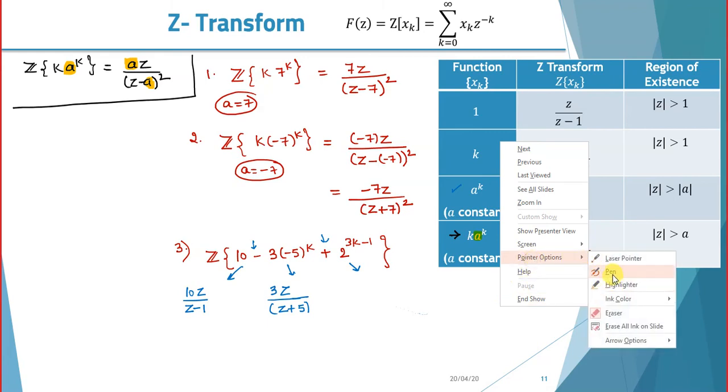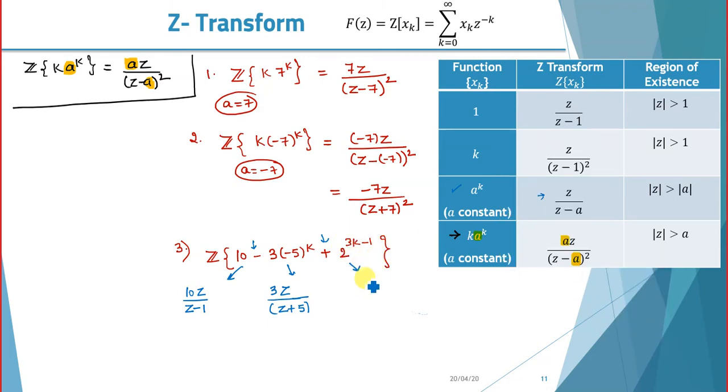Now for the last term, first we need to separate it. 2 power 3k times 2 power minus 1. Again, we need just k. So 2 power 3 and k times 2 power minus 1. This gives you 8 power k times 2 power minus 1. Now apply the rule for 8 power k. z over z minus 8 times 2 power minus 1. So the final answer will be,